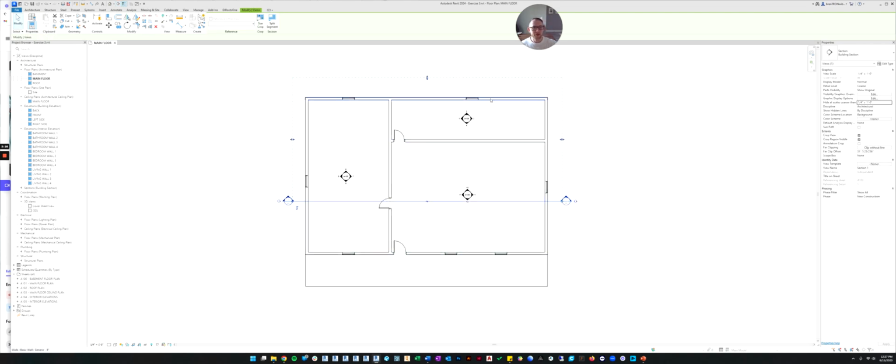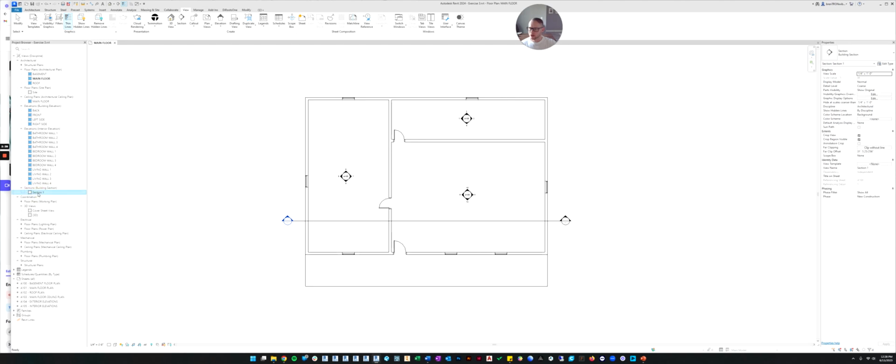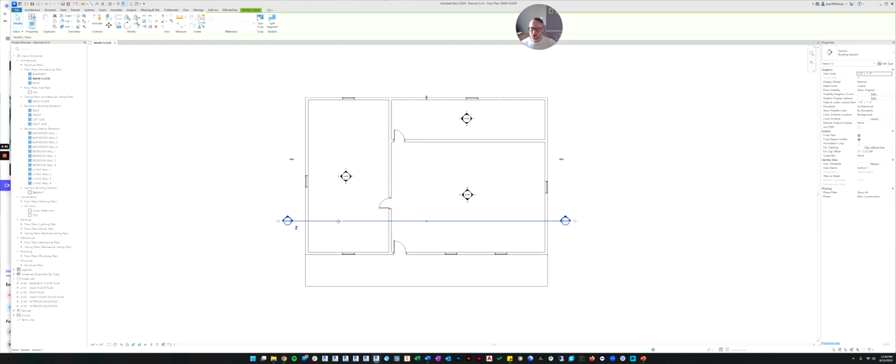And you're going to see some familiar items. Wherever this section is located, this is the section marker, and just like the other views, Revit has created a section marker, and it's also created a section view. If you look over in your browser, there's now a category called sections, building sections. And now there's a view there. That's the view that you just created.